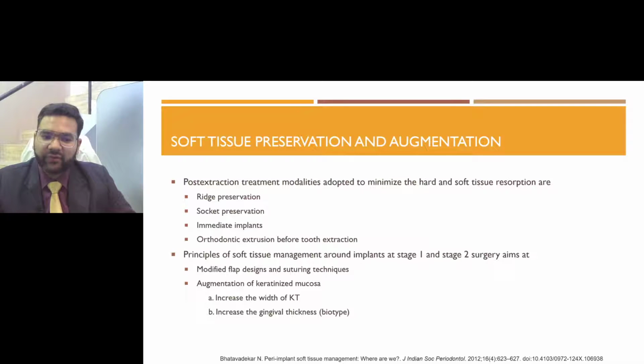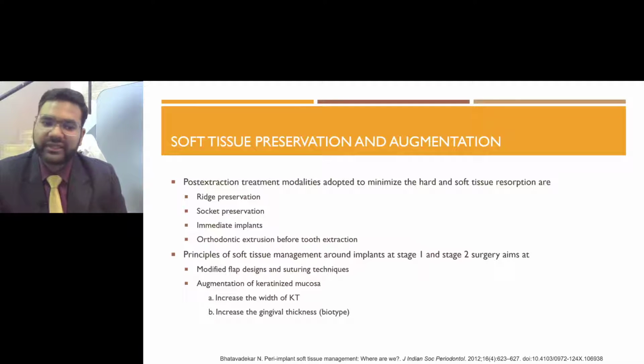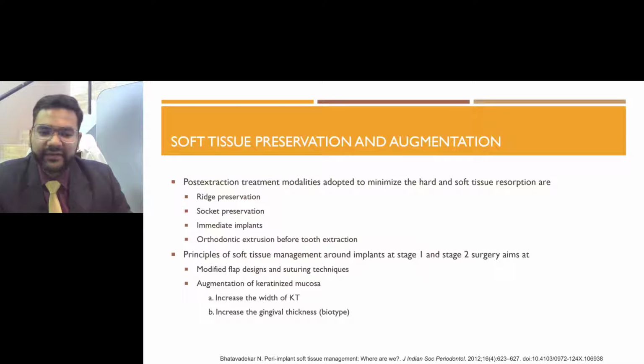Our thought process has evolved from simply augmenting the tissue to a concept where preservation of tissue is given equal importance. We now understand that peri-implant soft tissue management starts at the time of tooth extraction, not following the placement. We have thus moved away from the earlier concepts of socket compression following extraction, which was very commonly taught to us in colleges. This fundamental change in our philosophy has been fueled by the appreciation of the fact that socket preservation, whenever appropriate, with subsequent temporization with an ovate pontic done after the tooth extraction, plays an important role in preserving that soft tissue, especially the papilla heights.